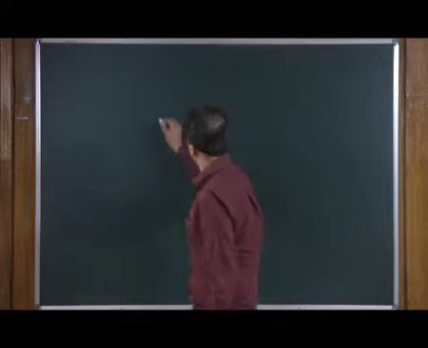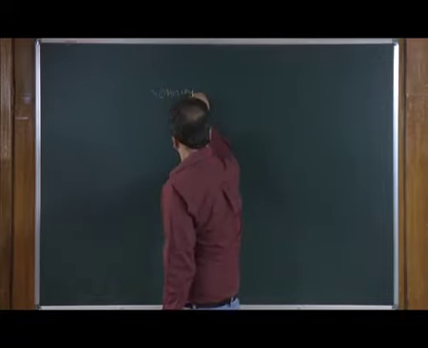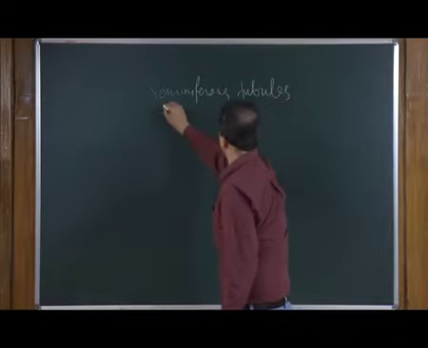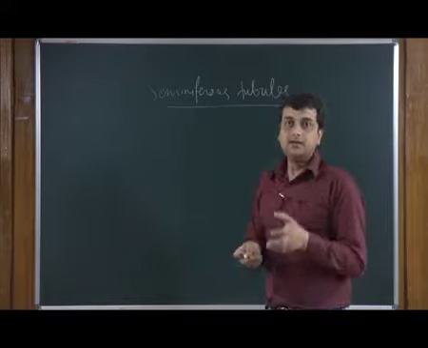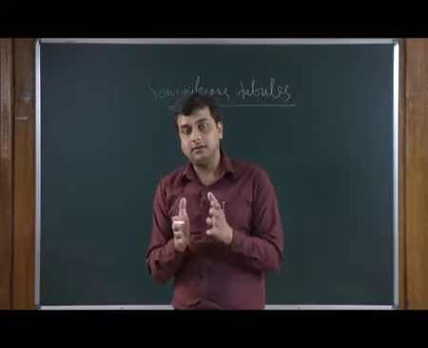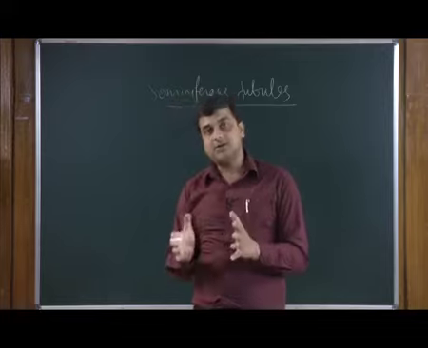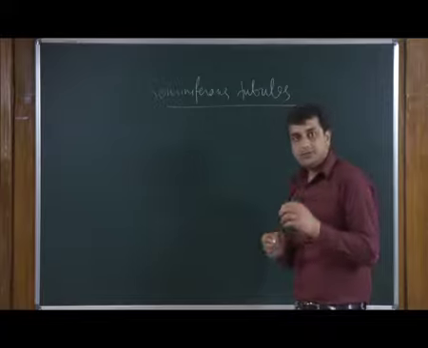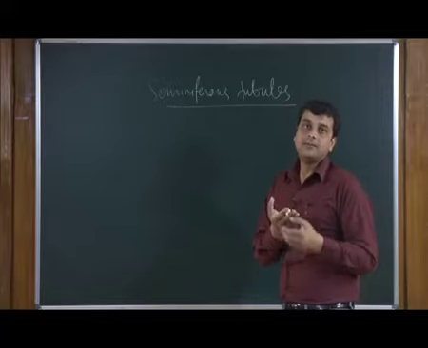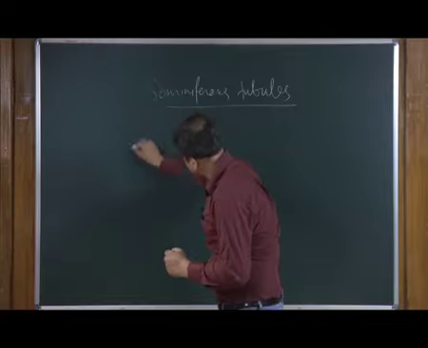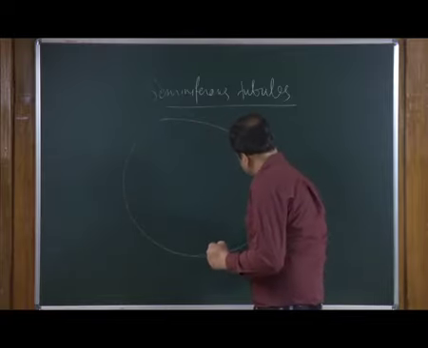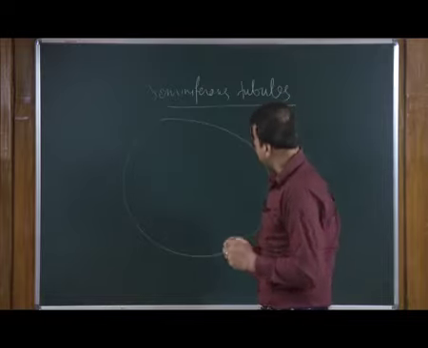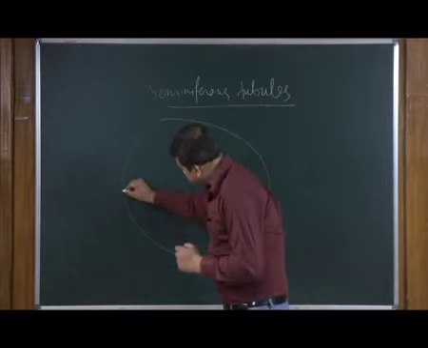seminiferous tubules. These seminiferous tubules are the tubes associated with the actual formation of sperms. Now, if you look closely at the cross section of a seminiferous tubule, suppose this is a cross section. It is roughly a tube-like structure, and in this,